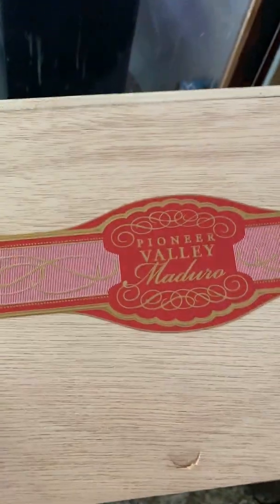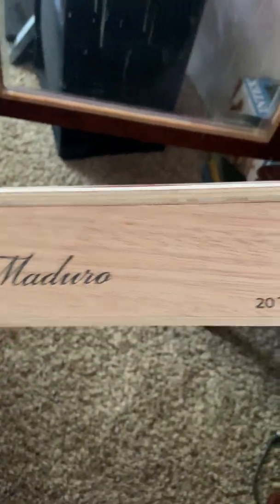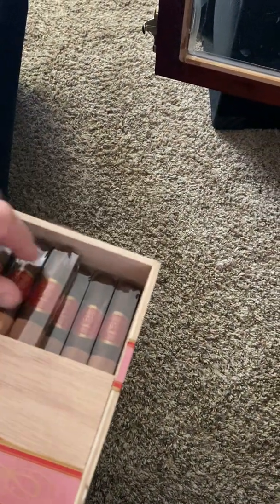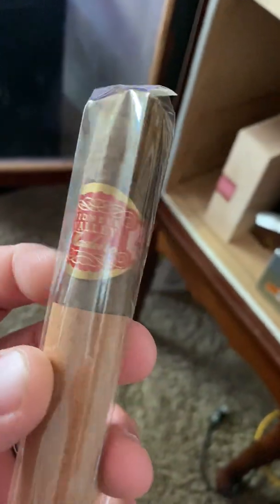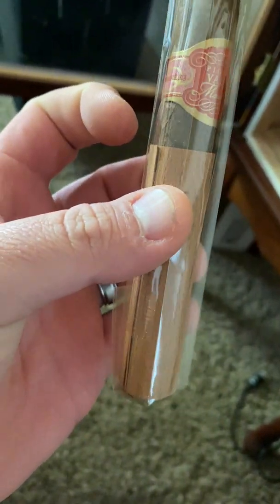So I did a little bit of research into them, and they're Toro size. These are actually a really good tasting smoke. They got a lot of spice. They got a lot of good flavors in them. Now, they're not the prettiest things. I have no idea why they wrapped them in cedar either, but